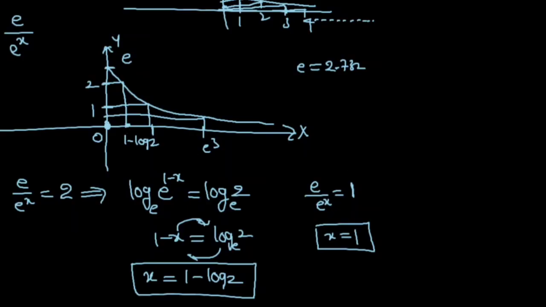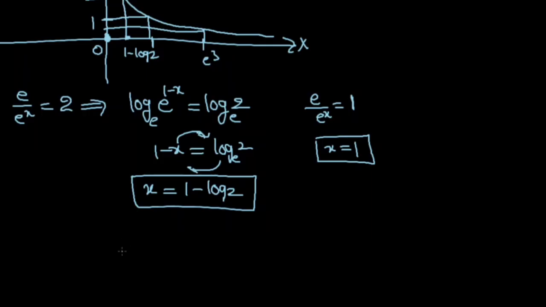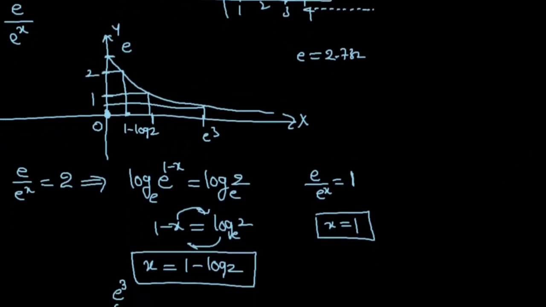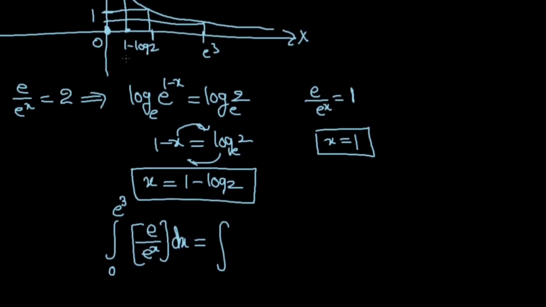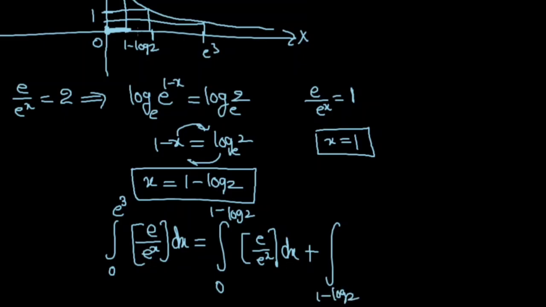Okay, now let's see the step function. So I'm breaking the function limits, 0 to e to the power of 3. What is the function? Step of e by e to the power of x, dx. So from where to where am I breaking the x limits? So 0 to 1 minus log 2 of e by e to the power of x dx, plus